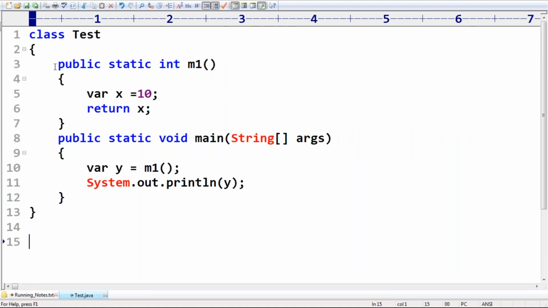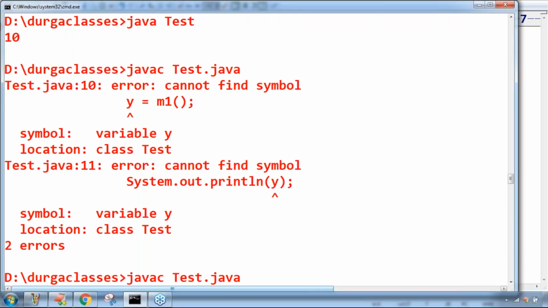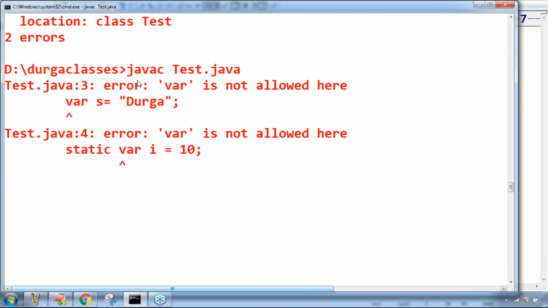Now have a look once. Sir, I'm trying to take var s = "Durga". Then var x = 10 I'm trying to take. Then static var i = 10 I'm trying to take. Now observe, I will ask the compiler, can you please compile?